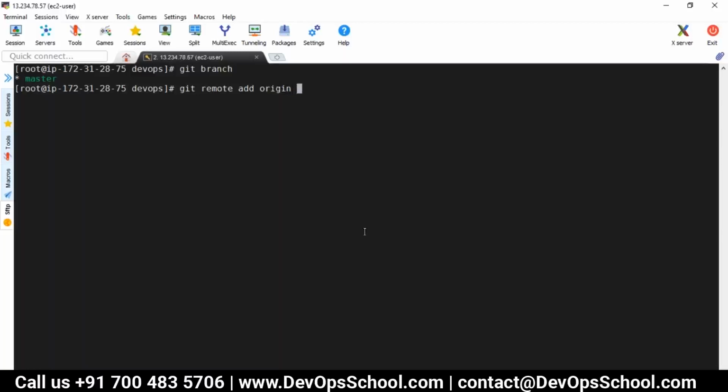I need to tell my project that there is a remote repository to which I need to connect. If I run this command, now my remote repository is set for my project. Now I want to push the code. The command is git push origin and your branch name. My branch name is master. So if I run this command,